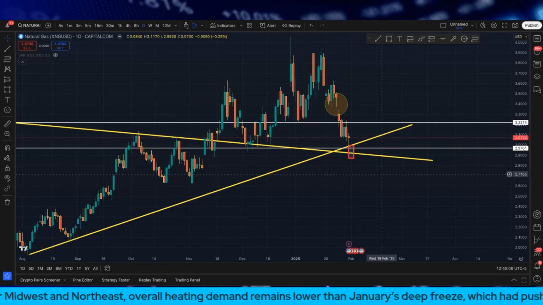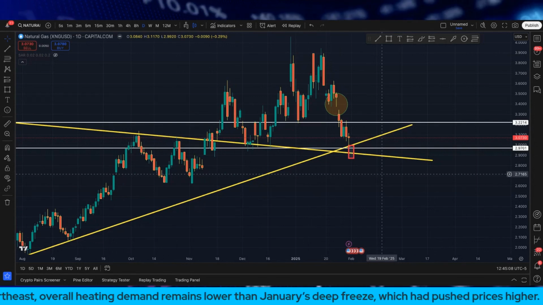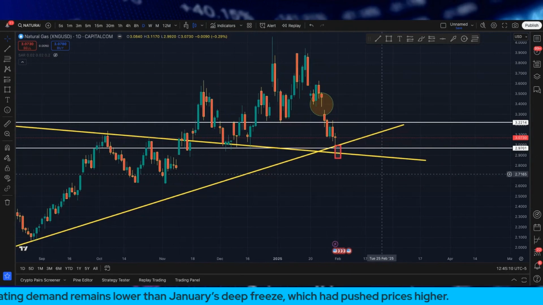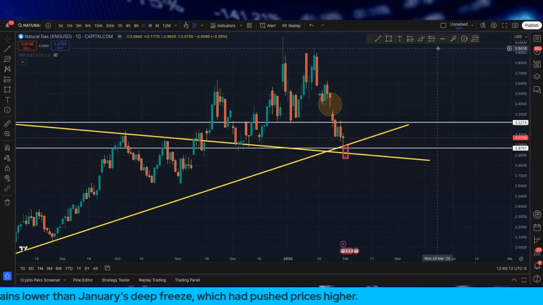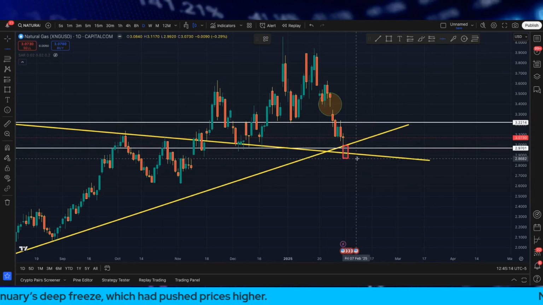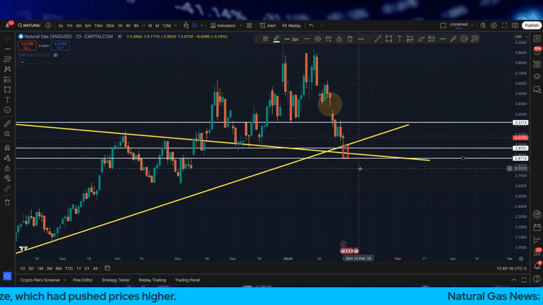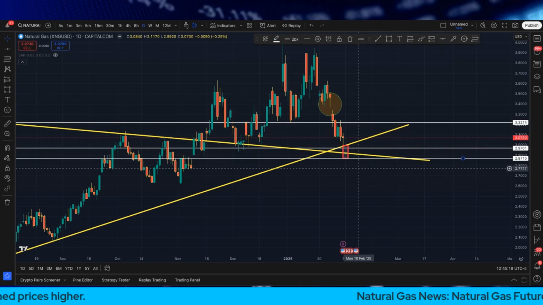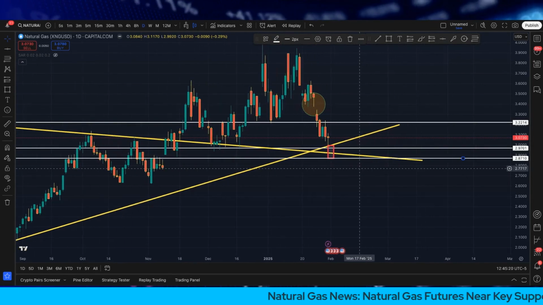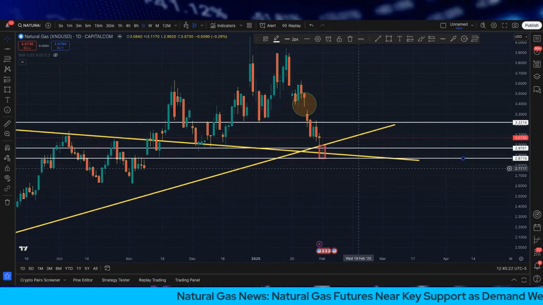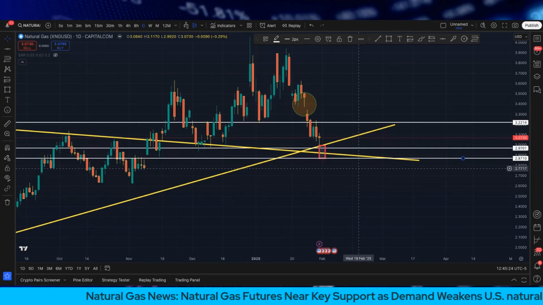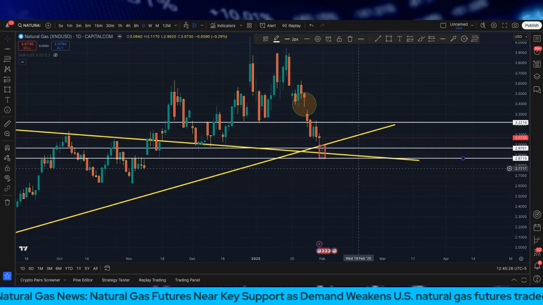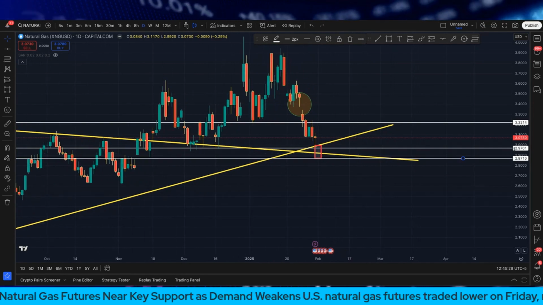If price does, and I'm going to change that color to red, meaning if we break below that 2.97 baseline, that support level there, then we might see price come on down to this next level right here, right around that 2.87. But again, depending on where we gap on Sunday, if we gap,